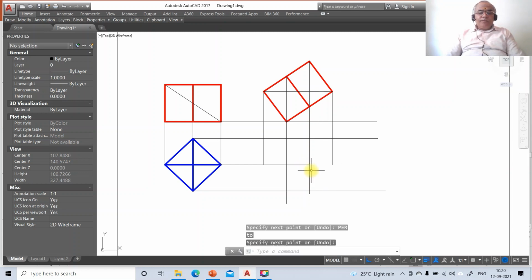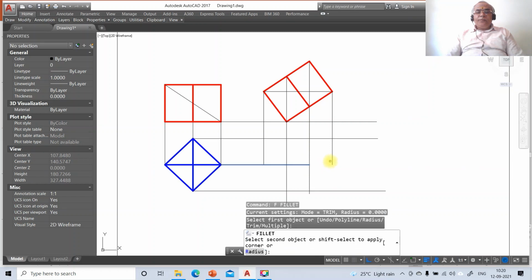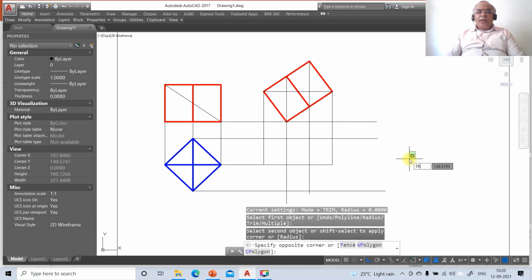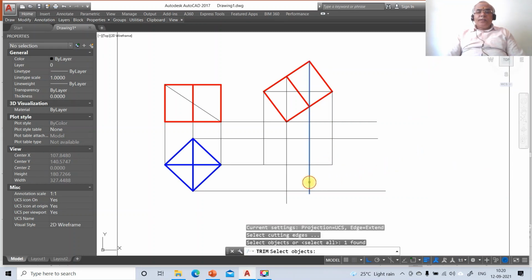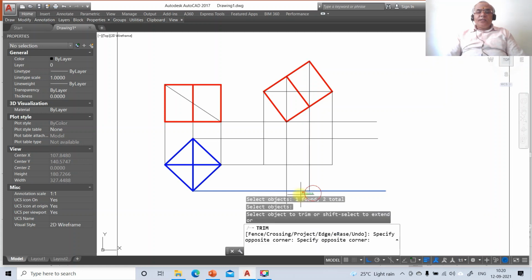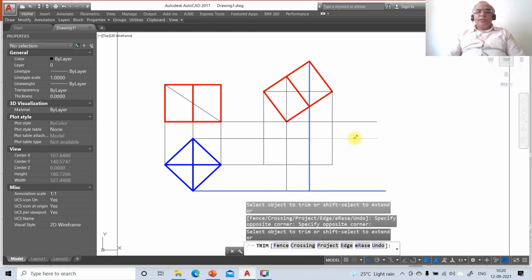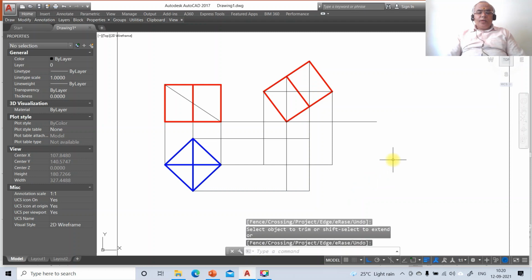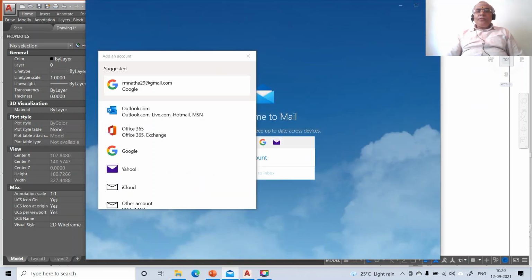Perpendicular to this. Then go to fillet between these two. Now we have trim, and these two are the cutting edges. So these two are the objects to trim, and now we have this line. So now once you do that,